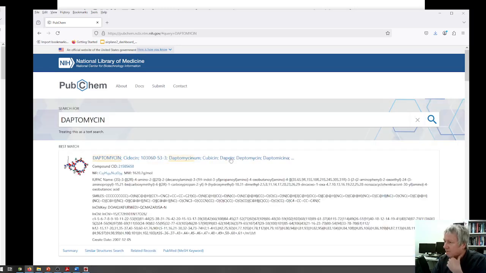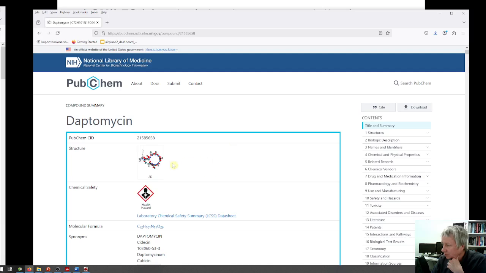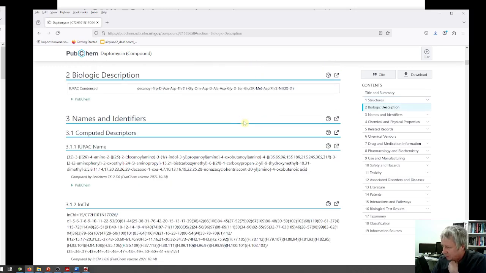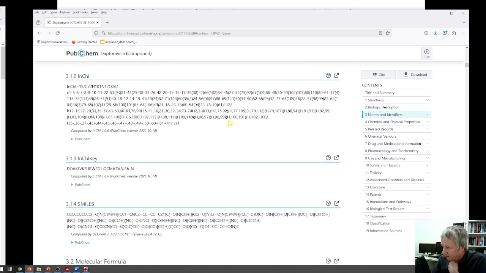Antibiotic. Look at this crazy molecule. So it's a cyclic peptide. That's probably not the way this actual structure looks. It's probably a little more folded and interesting, but it does have a lot of stereogenic centers, and the SMILES